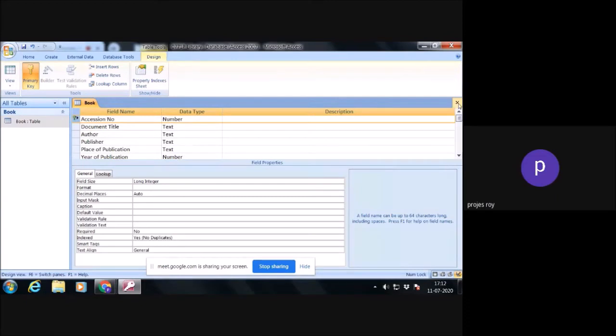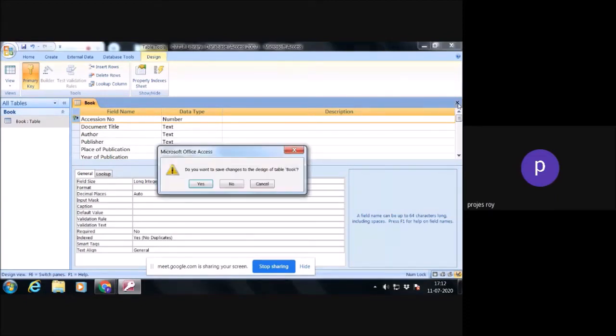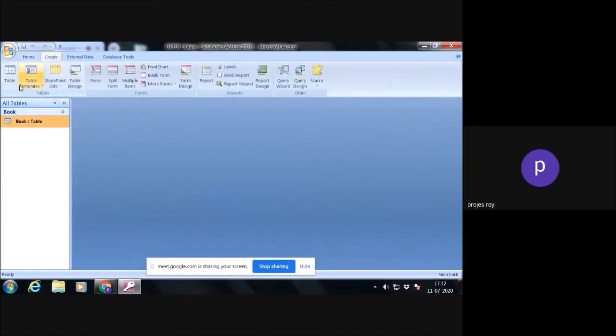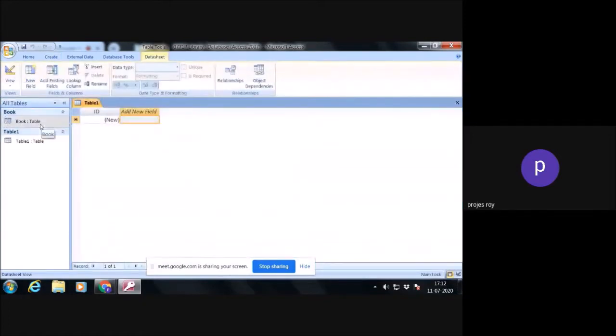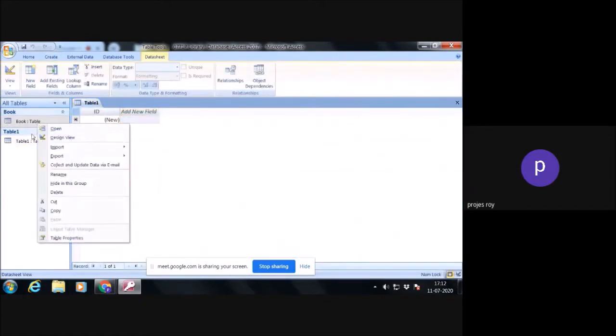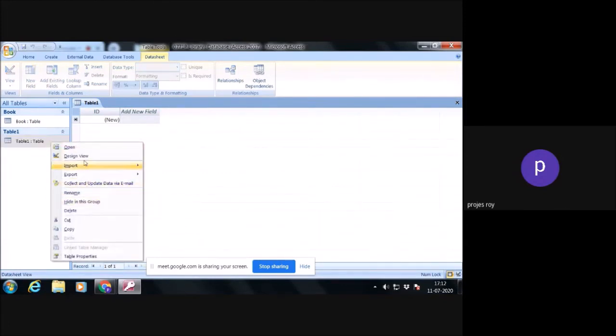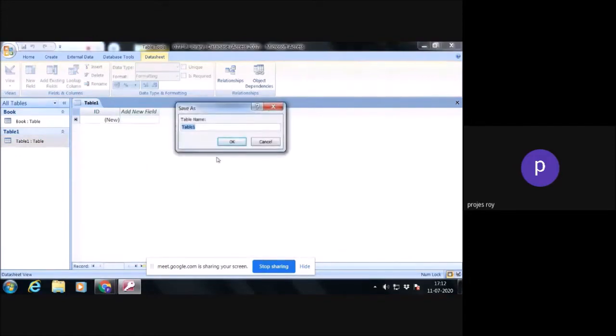So our book table has finished. The book table is fine. Now we'll go for another table.